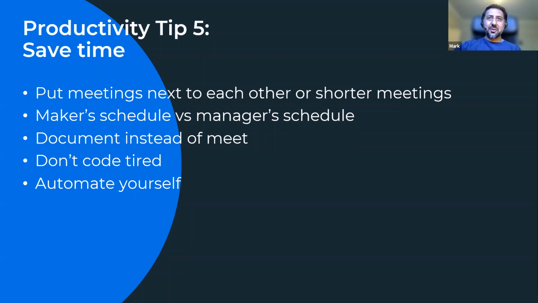The last thing is around automating yourself. So I've got a few little examples of that. But what you can find is that when you are doing pretty basic tasks, or when you've got a pretty boring task, what you might do is think about automating it. Because if it's boring, then it's probably something that's very straightforward. And if it's straightforward, you can write out the steps. And if you can write out the steps, you can probably automate it.